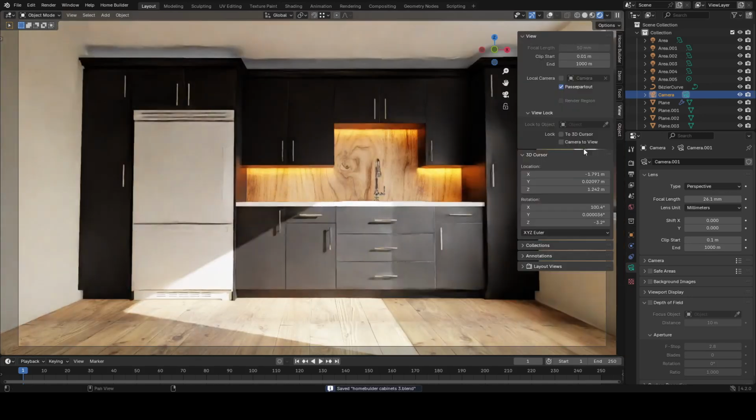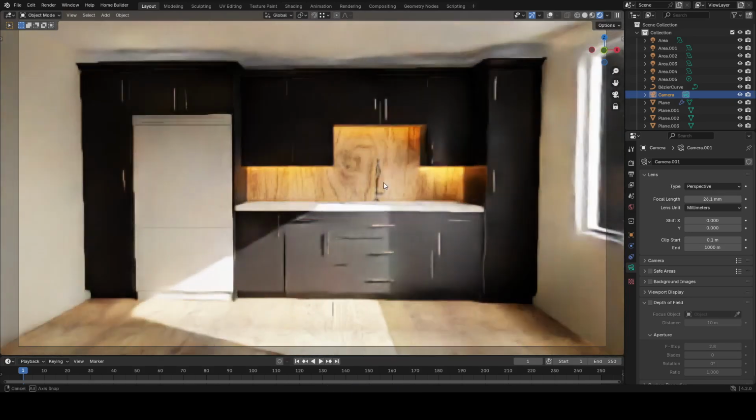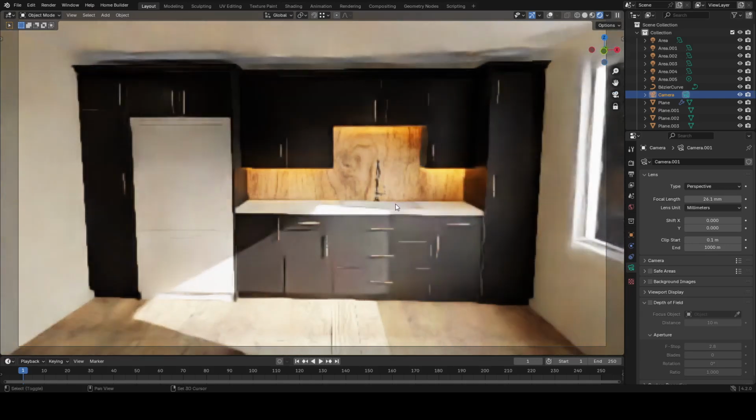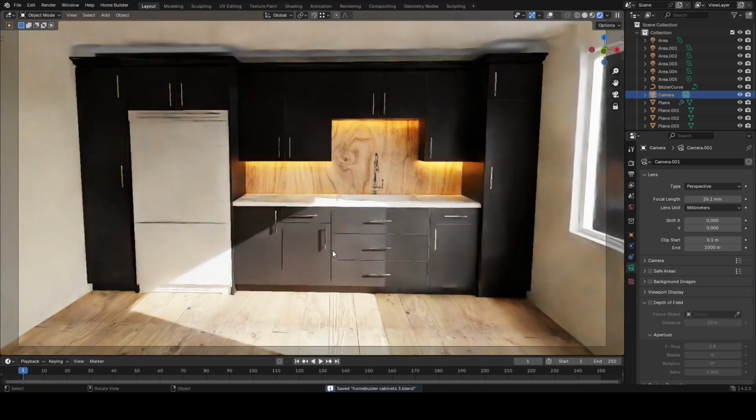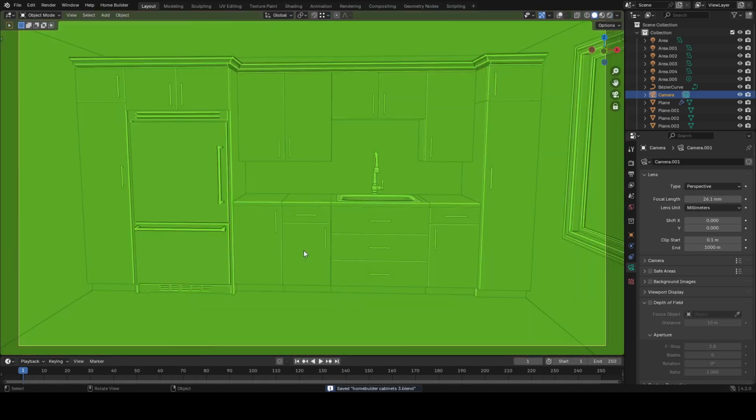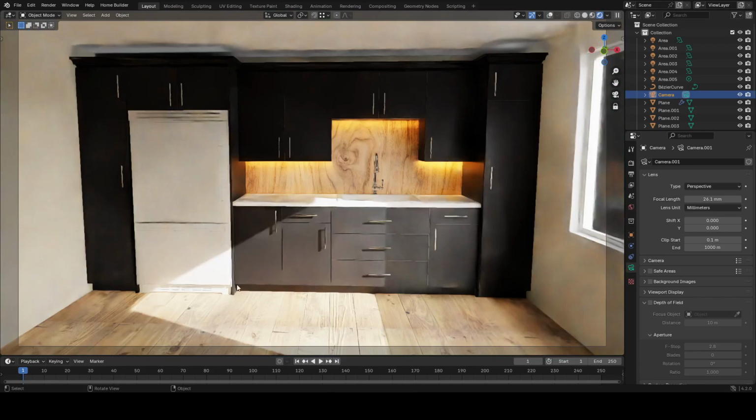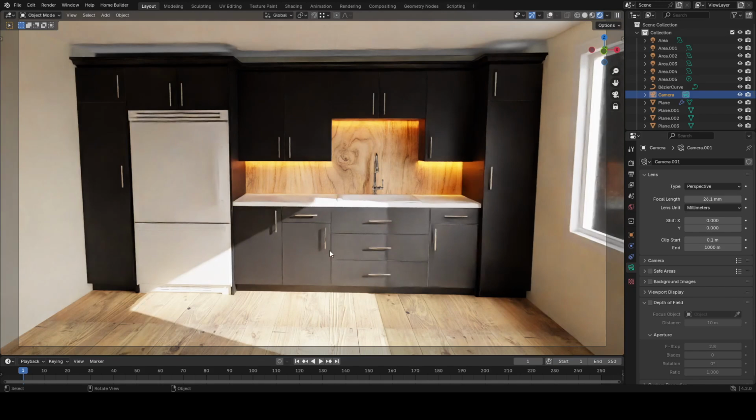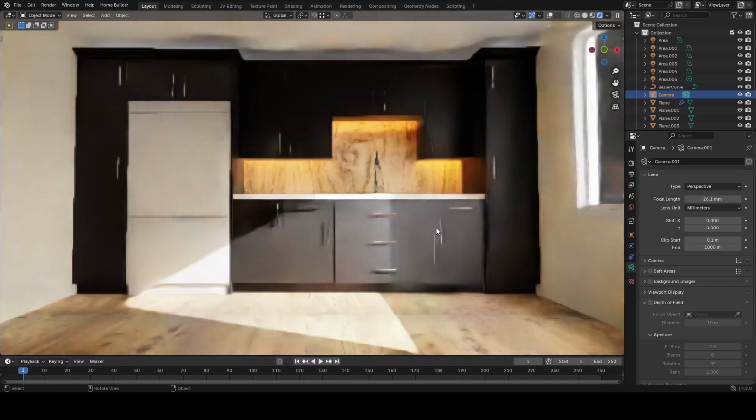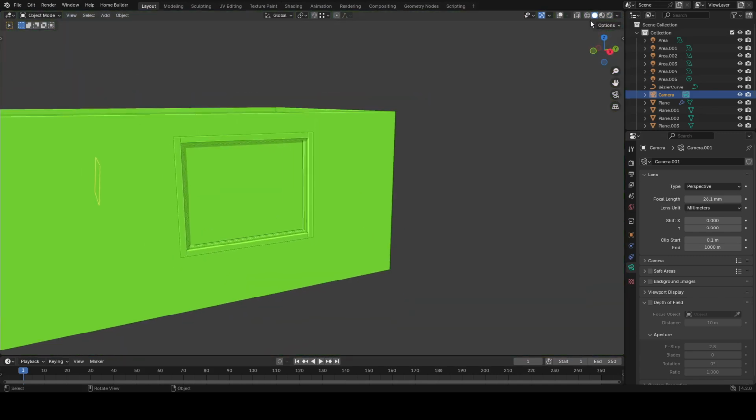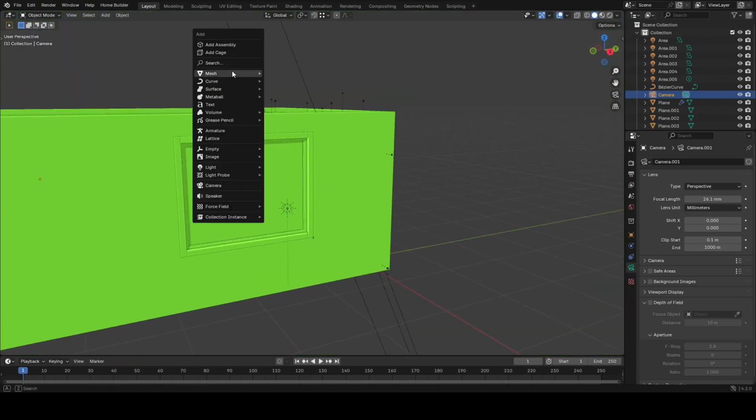So we can press N again, lock camera to view, and we can actually take a look from top or from bottom. Now it's better. So another thing really quick is that you will see that we have these kind of lines. We can actually assign some blockers to make it more realistic. So let's go to solid mode, and really quick we assign a